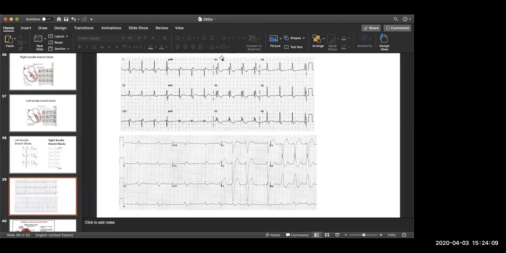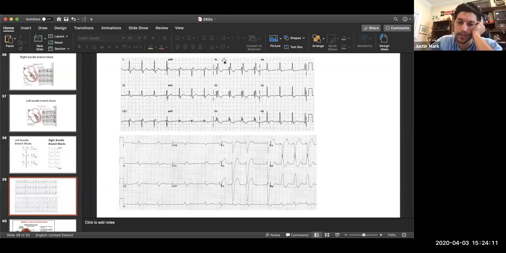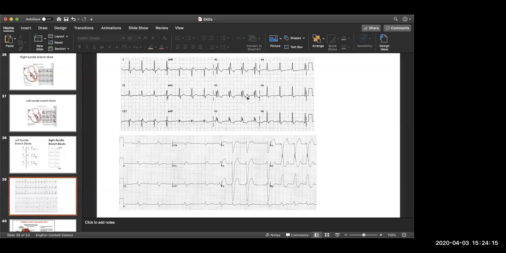But the major thing here is that we have bunny ears here. Once you figure out which way all these leads point, this whole picture makes so much more sense. If anyone's having trouble figuring out what's going on, for instance, lead one goes from right to left, right? So that must mean the electrical activity is going right to left if lead one is positive. So when you go down to AVF, the electricity should be moving downwards,